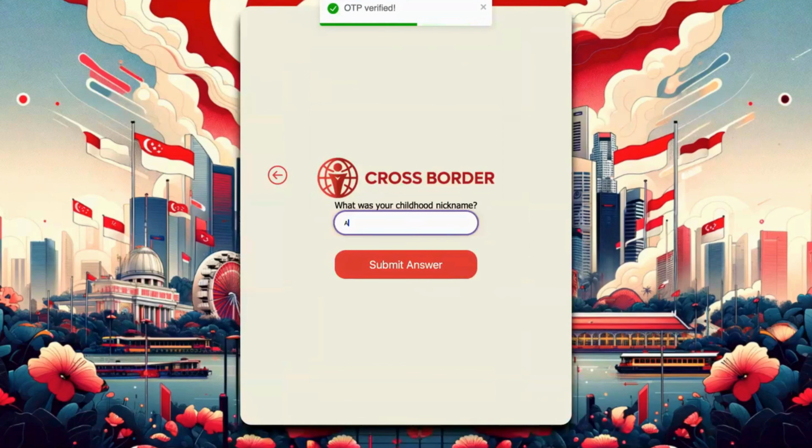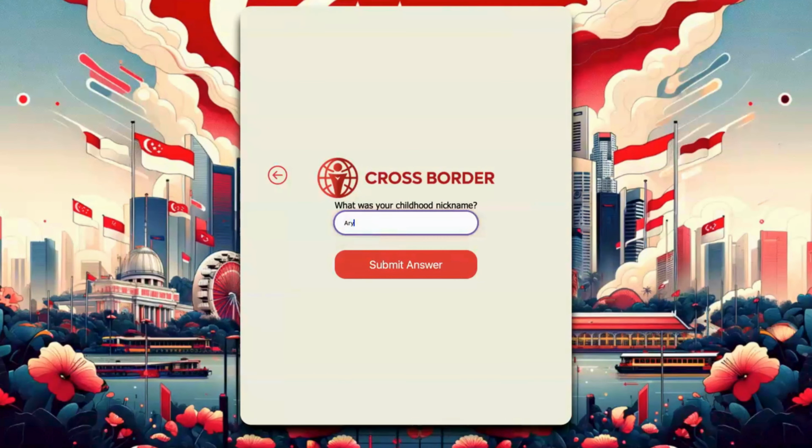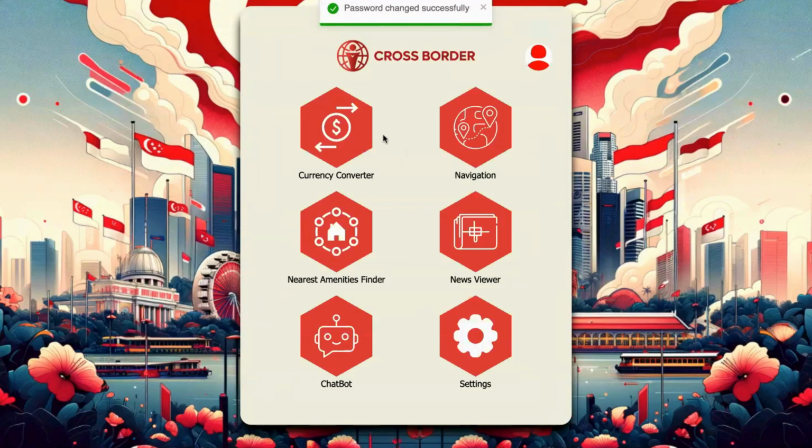If the answer to the security question is incorrect, the user is not allowed to log in and is given a retry. Only upon entering the correct answer, the user gets authenticated and is finally prompted to reset their password. Upon successful reset, the user is logged in and can access the dashboard again. Thus, this concludes the live demo of our